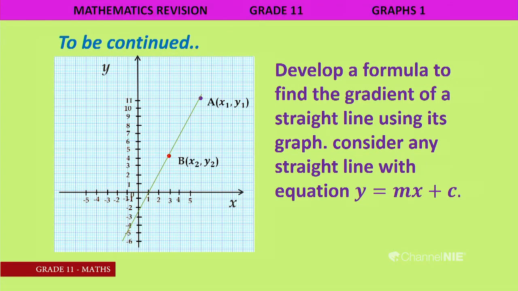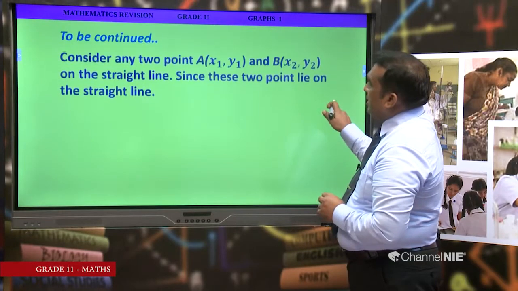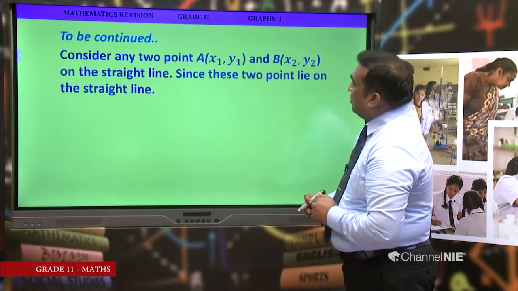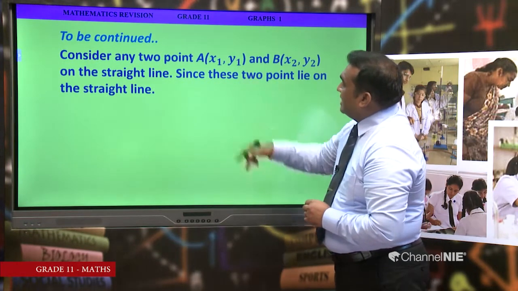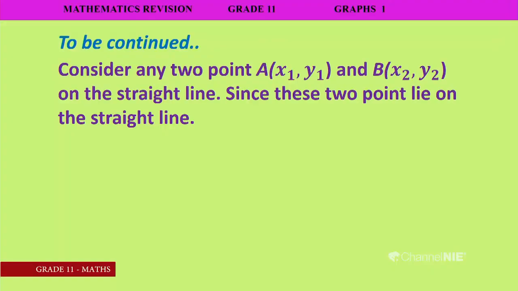Consider any straight line with equation y equals mx plus c. Now, consider any 2 points as we considered in the diagram, A (x1, y1) and B (x2, y2), on the straight line. Since these 2 points lie on the straight line,